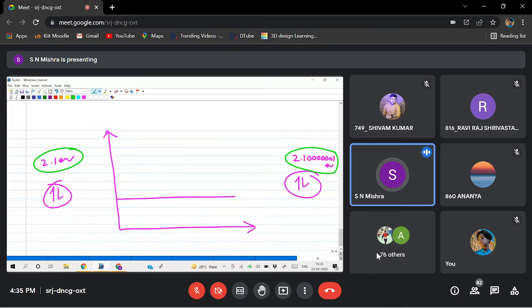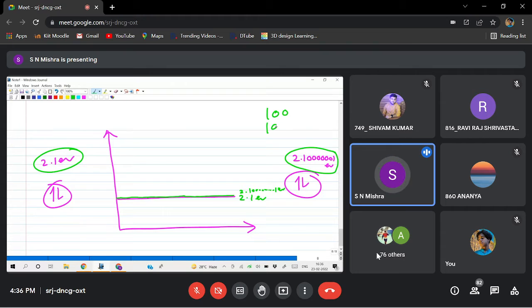So if you represent it, let us take this is 2.1 electron volt, and the other will be just above that one, like this, 2.1000000001 electron volt. So two atoms I have represented here, which is in accordance with Pauli's exclusion principle. Okay. Now, if it is a system having two atoms, for example, as I have shown,